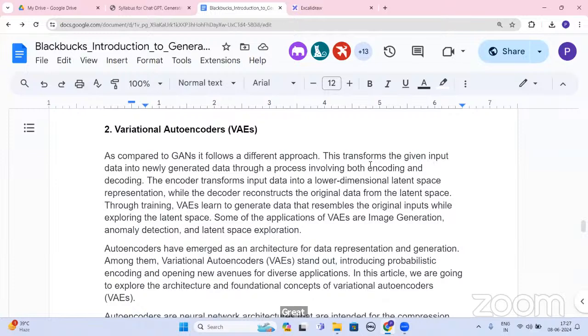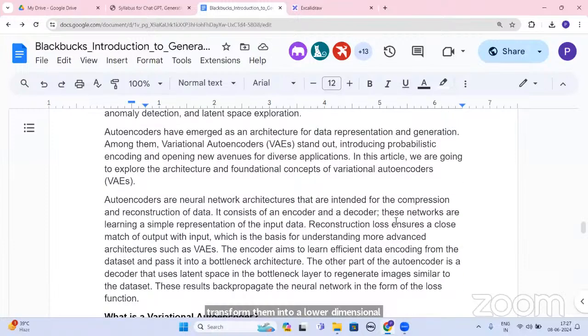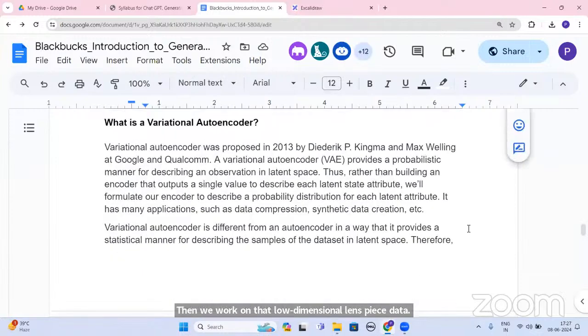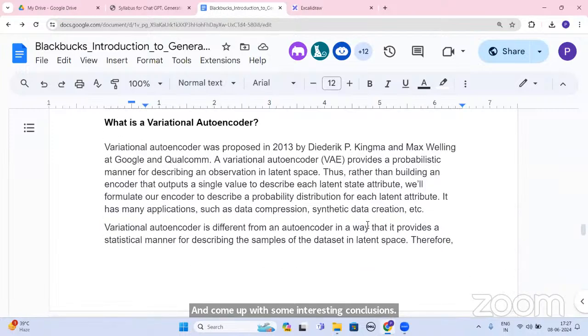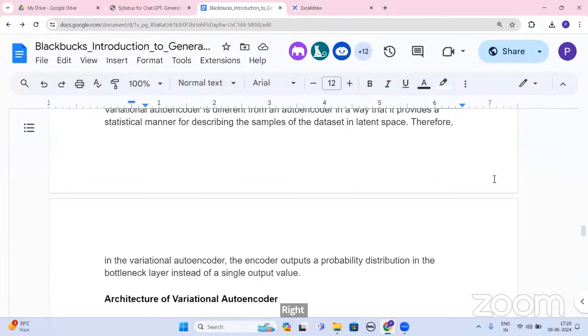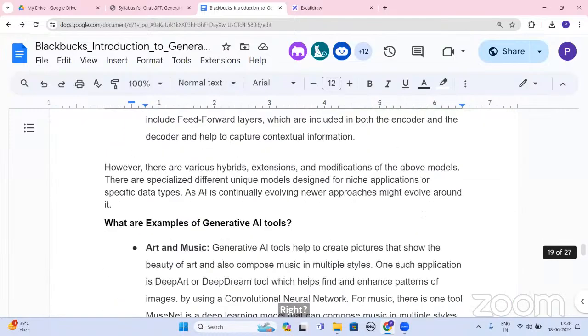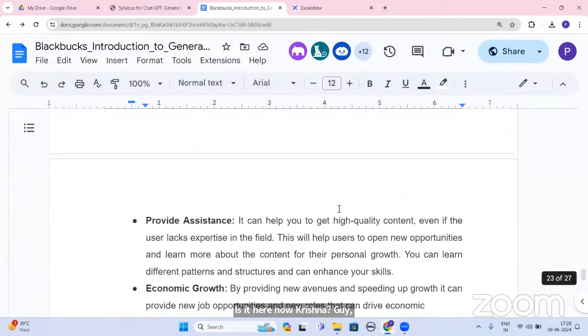So that is why we use variational encoders to transform them into a lower dimensional latent space. Then we work on that lower dimensional latent space data and come up with some interesting conclusions, right? Is it clear now, Krishna? I have given you a document, you have one reading of that document, then we will move ahead